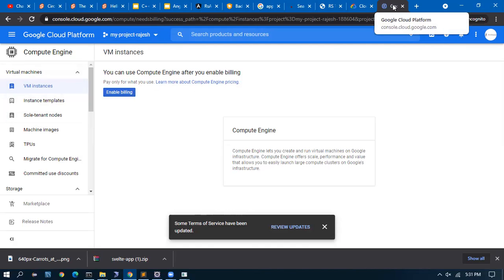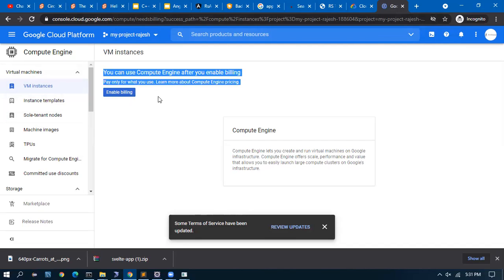We are going to create one VM here, but now my trial is over, so they will not allow me to use it. But if you are a new user, it is pay as you go. You can switch it off, switch it on. They are going to bill you based on how much server you use, based on the server uptime.